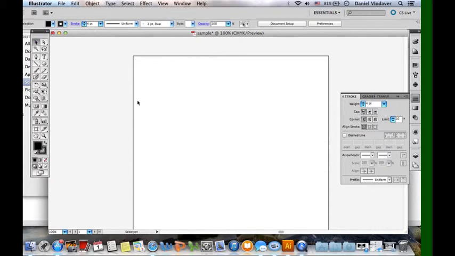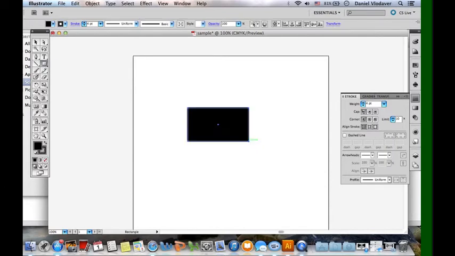Next tool I'm going to show you is the rotation tool, which is this one right here. You can click on it and press R. Use it to rotate objects. So I'll make a little rectangle. It's pretty much the same thing as, I mean, you can just use the selection tool, because if you